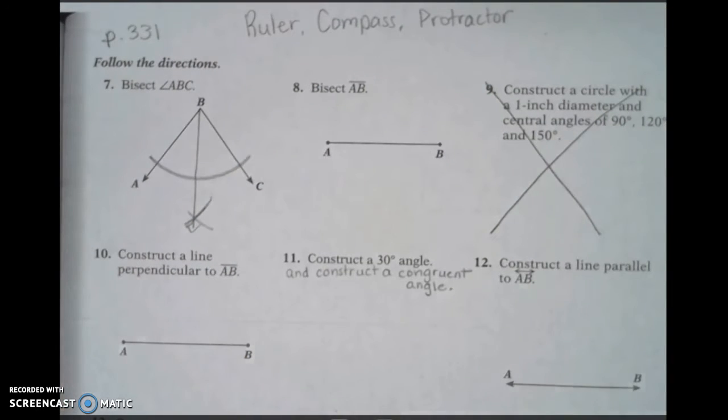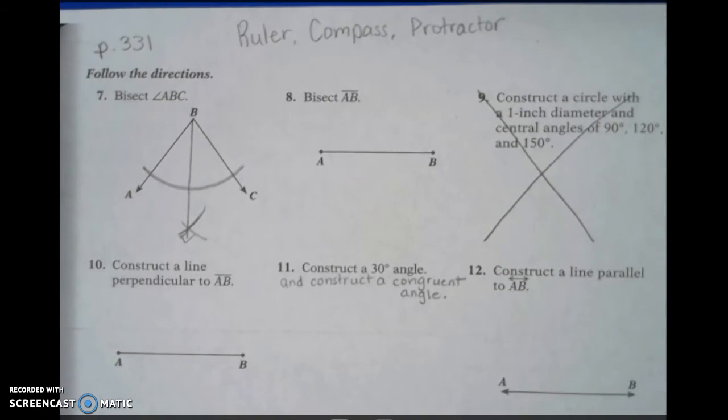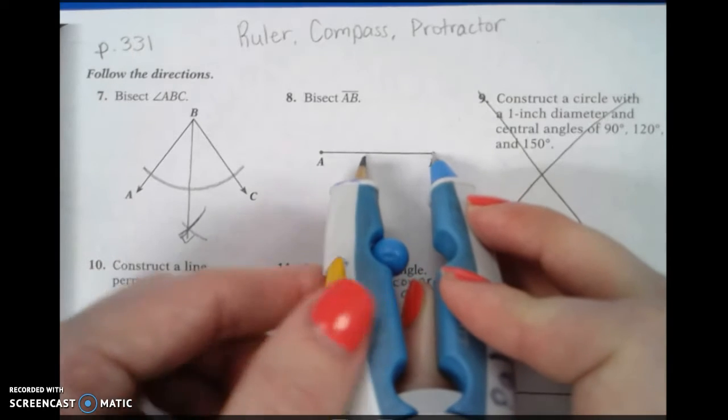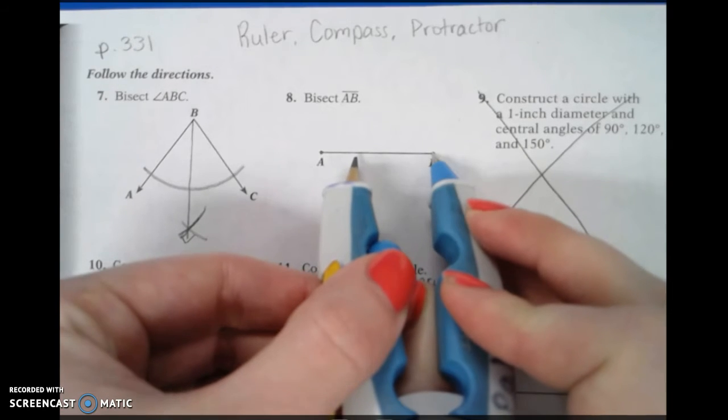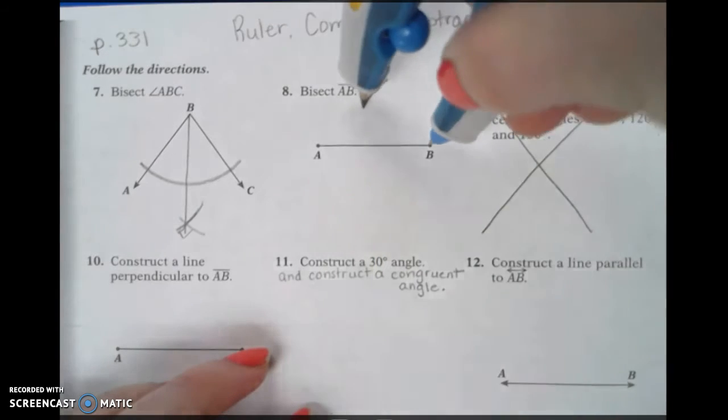Next, number 8 says to bisect line AB. To bisect a line, open up your compass to more than half the distance of the line. And once it's open to more than half the distance of the line, draw an arc above the line and